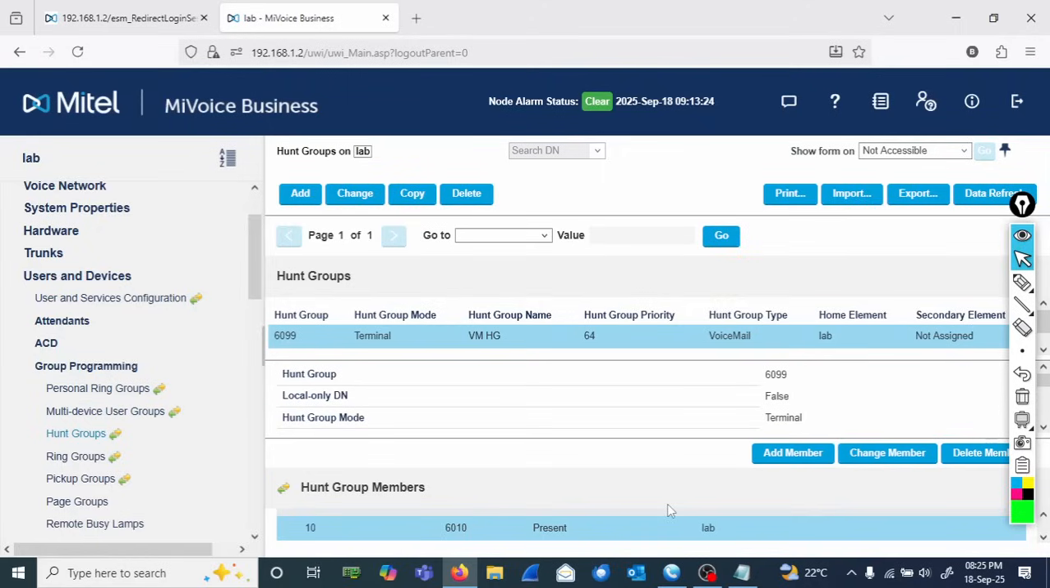Now let's see what happens if I call 6099. I take an extension here, my 2001, and make the call. 6099. Please enter your mailbox number. It's ringing, and then it has picked up voicemail port 6001. Please enter your mailbox number, which is port number 1, and it is saying please enter your voicemail